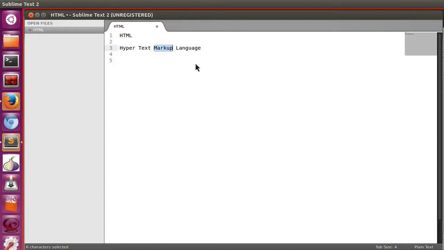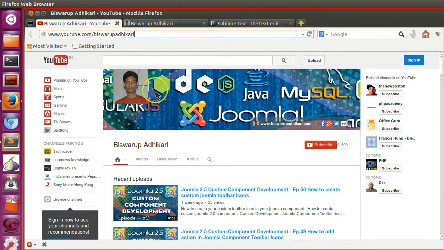And actually in HTML we have to follow some syntax or some guidelines. That's why it's called a language, because it has its own grammar. You have to follow that grammar to tell the browser to display my text like this. So this is actually a language. From this concept came hypertext markup language. So these websites are all created using HTML, and if you want to create a website, you must learn HTML.